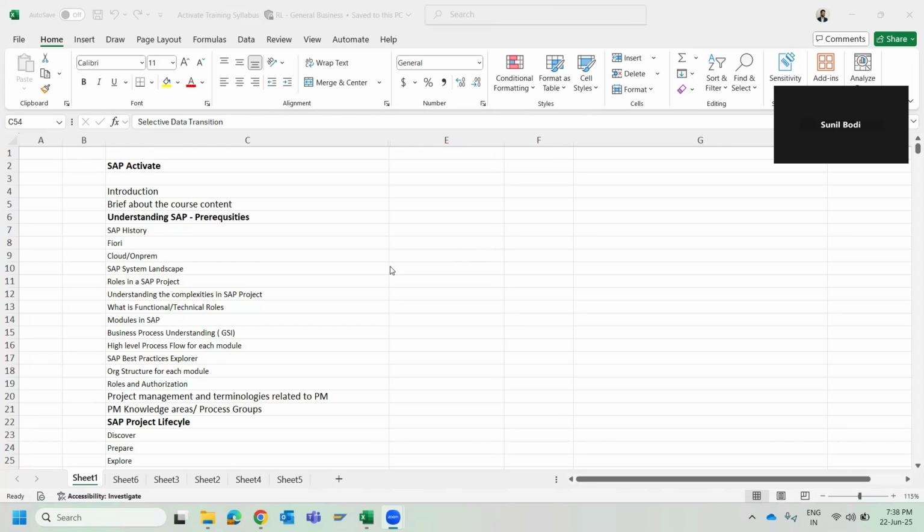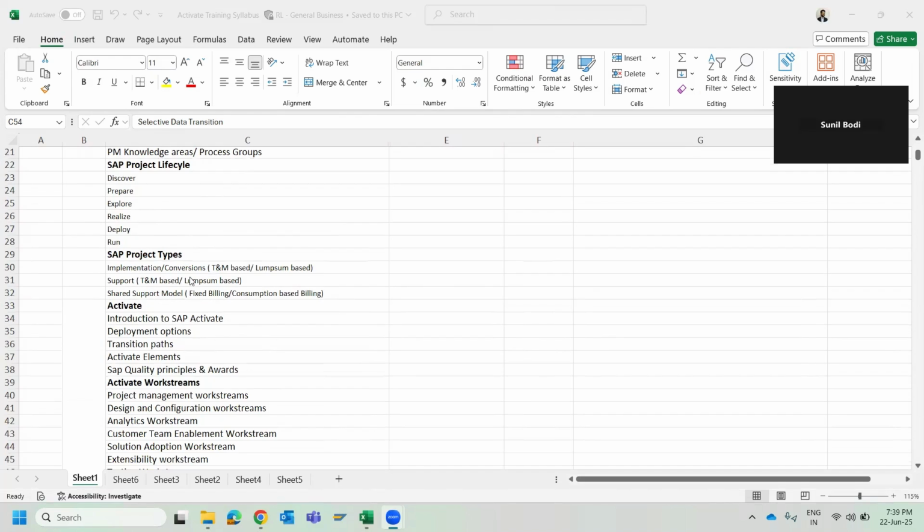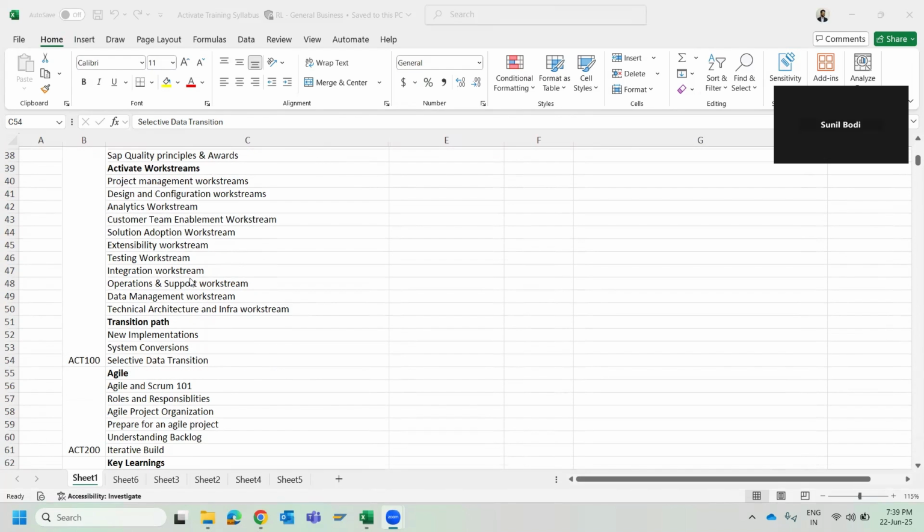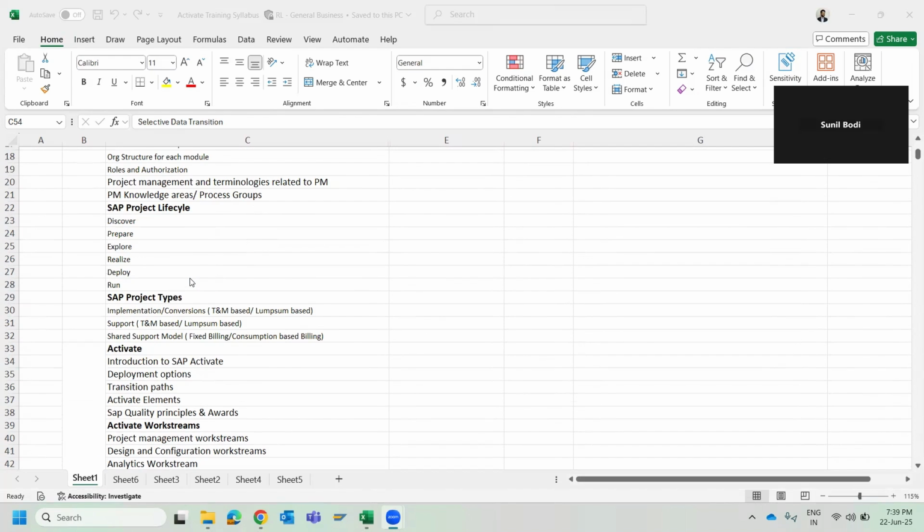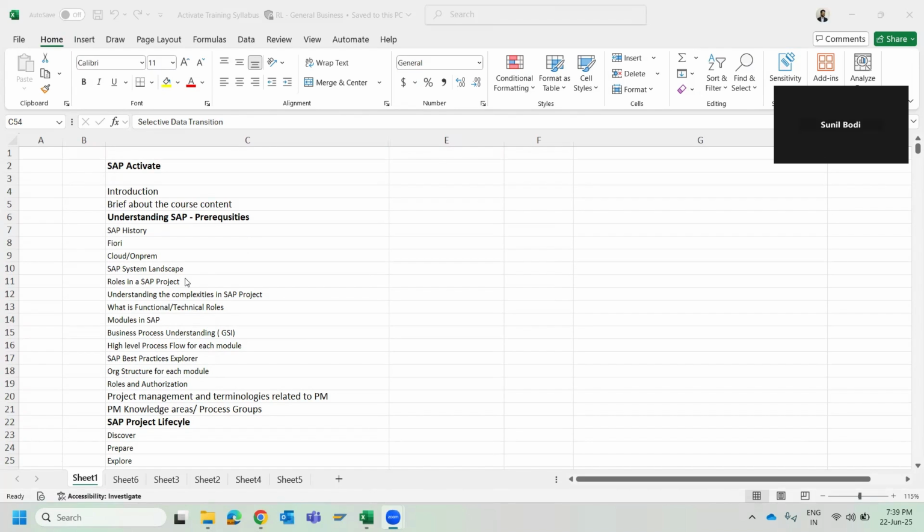So what to expect in this course is we will have a brief introduction about this course, followed by which we will get into the prerequisites, what is expected to be known, and then we will go to each individual topic of what this course is all about. This course has a duration of 30 hours, and the prerequisite is that you understand about SAP, what it does,